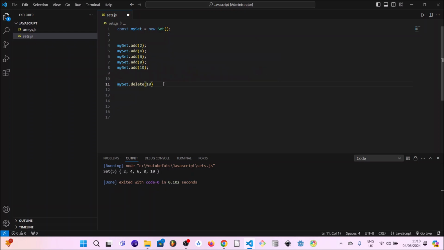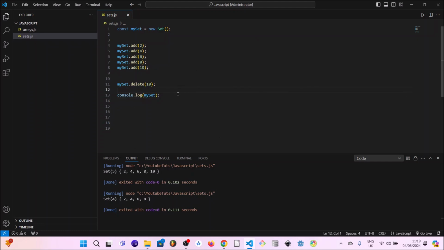We delete 10, console log the value, console log our set to the screen, save and run. And as you can see, we only have 2, 4, 6, and 8 because we've just deleted